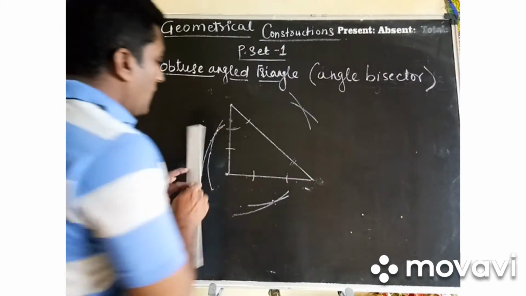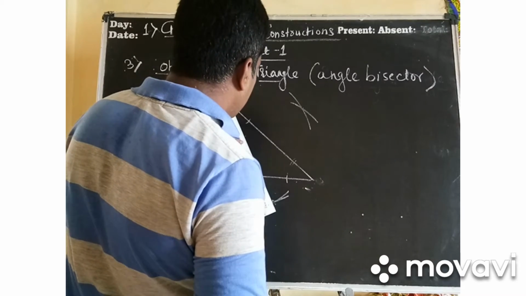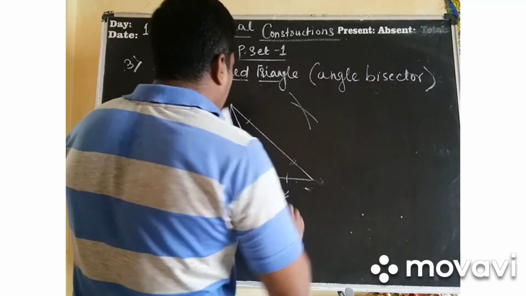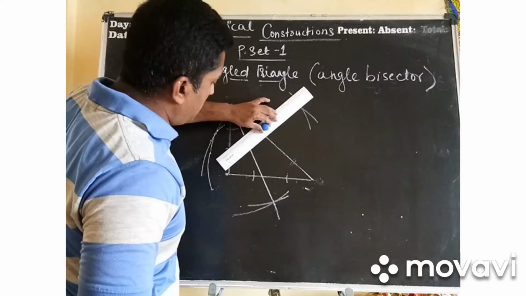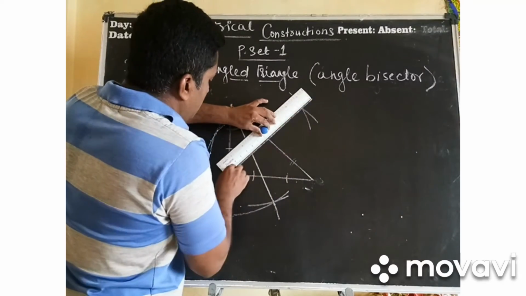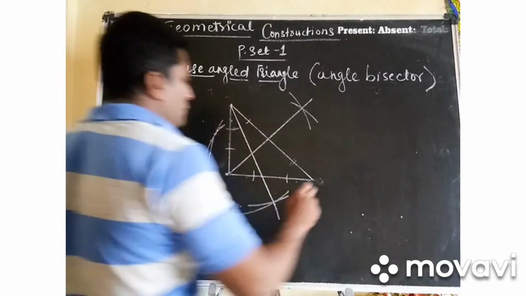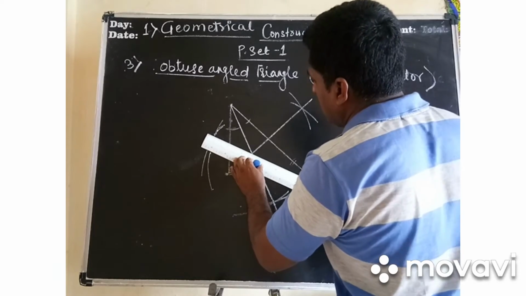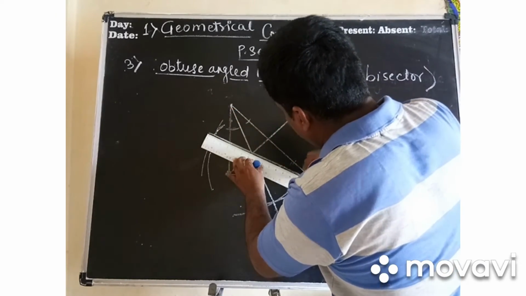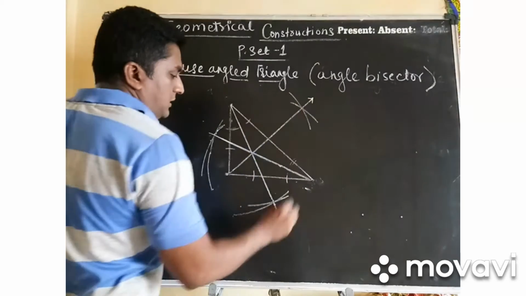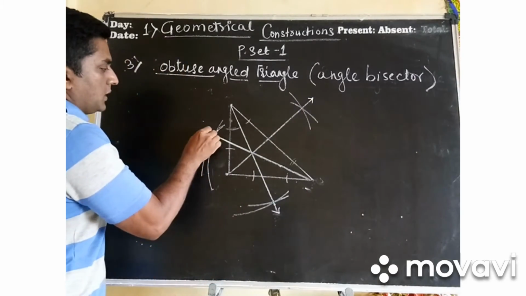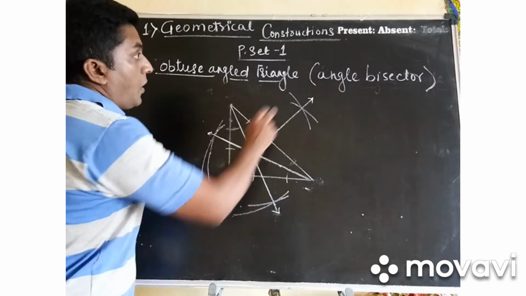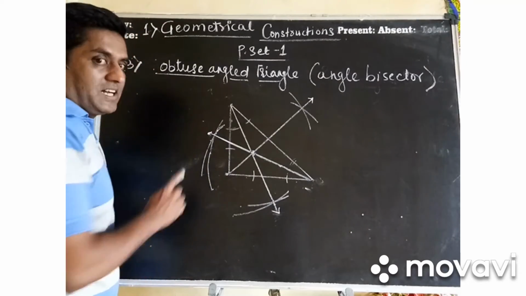Now I am going to extend it here. Let us see what happens. When I am going to extend it somewhere like this, I am getting somewhere here, right everybody? And the third one, from here it must go. So when I am trying to extend the third one, if you will see, it is coming this way, right everybody? So see, 1, 2 and 3, and this is the point of intersection, meaning the concurrence of all the angle bisectors of a right angle triangle.